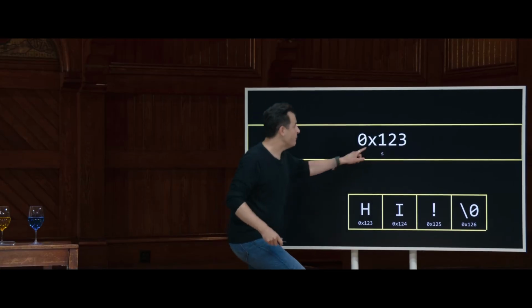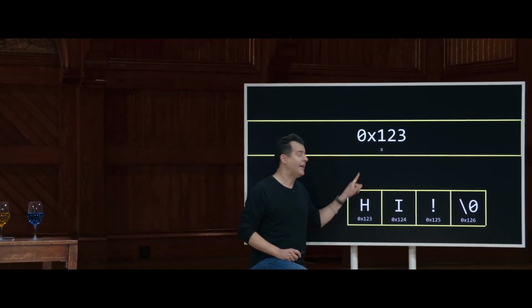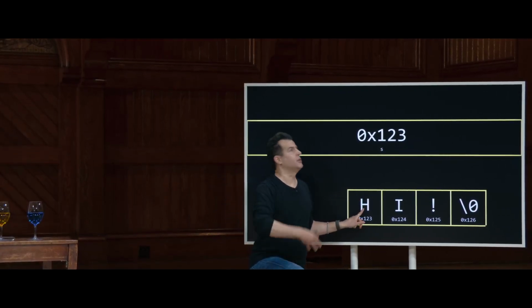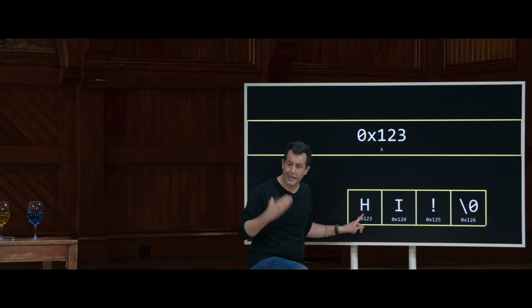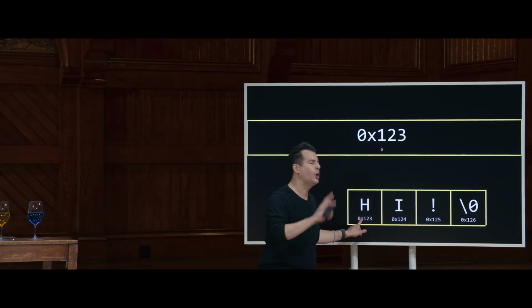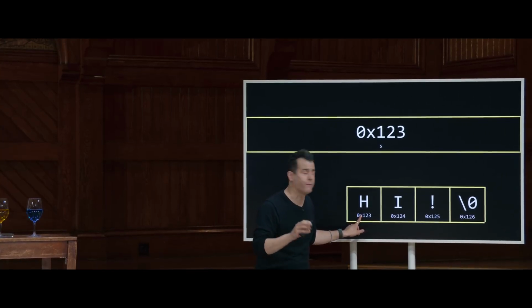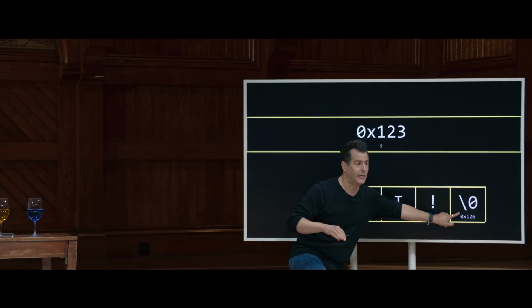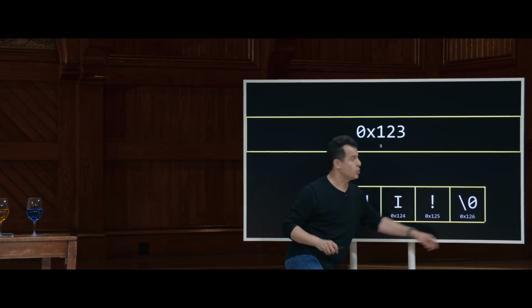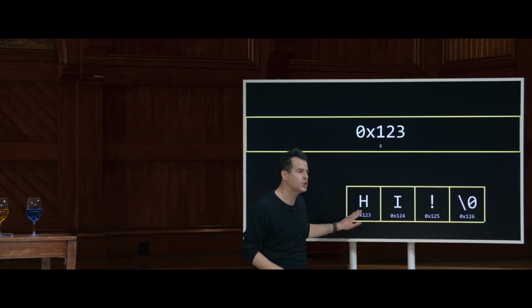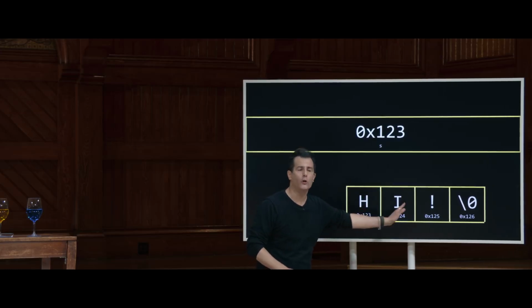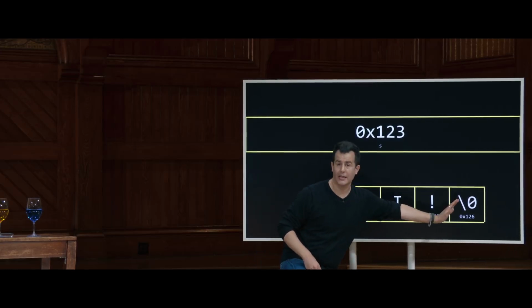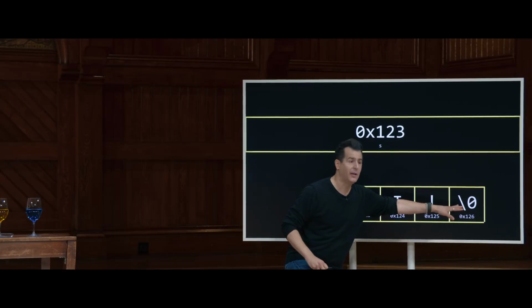Why? Because if s is technically storing the location of the beginning of the string, someone's got to keep track of where the string ends, presumably. And that's effectively the string itself, because humans decided decades ago, let's just null terminate every string with a special character. 0, all 0 bits, but that's enough information. The sort of treasure map leads you to the beginning of the string, and then you can use a for loop, a while loop, whatever, to walk through the string, and that's what printf does, and you just stop as soon as you see